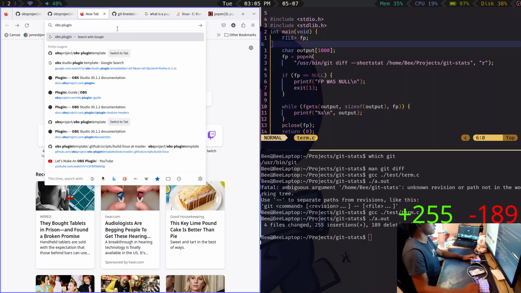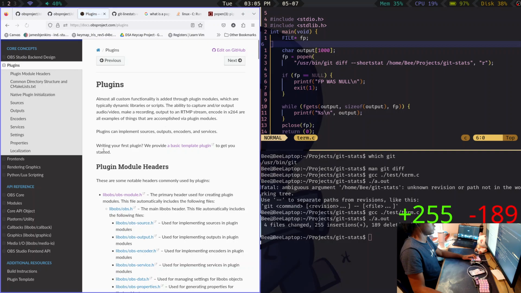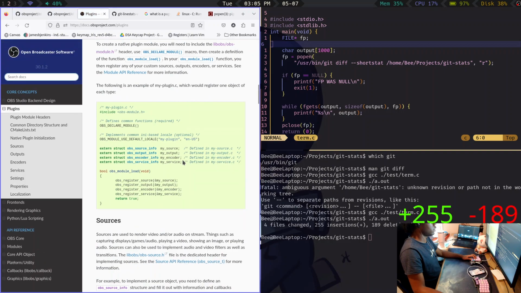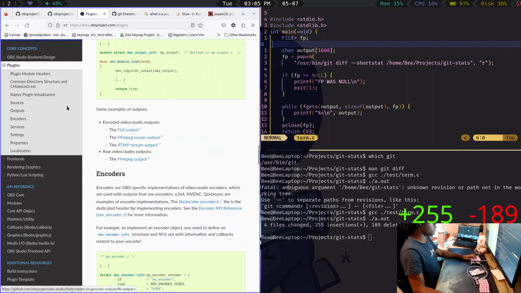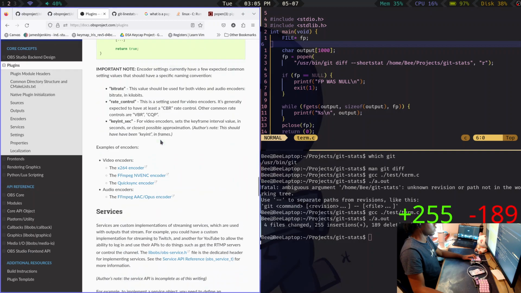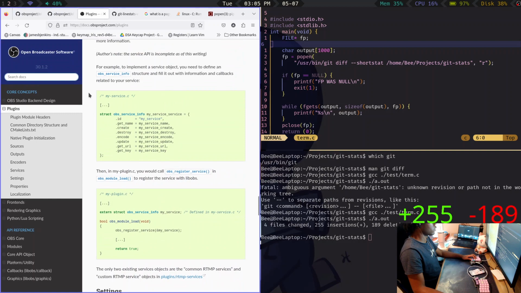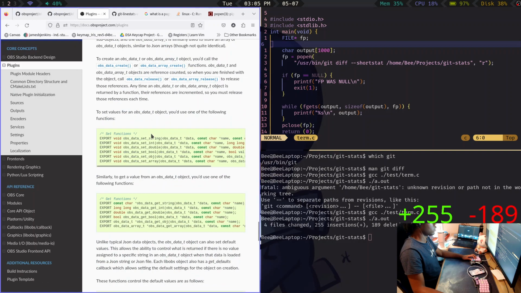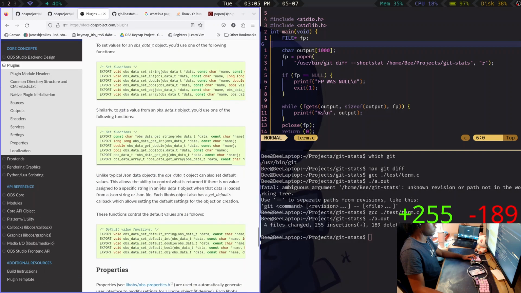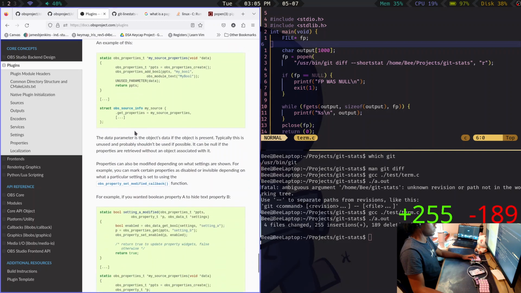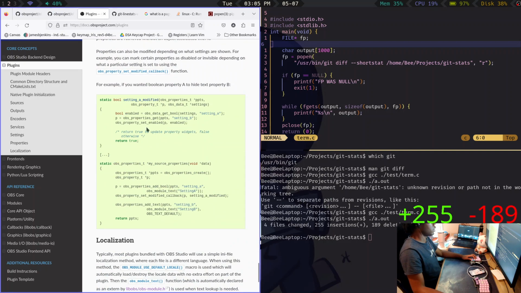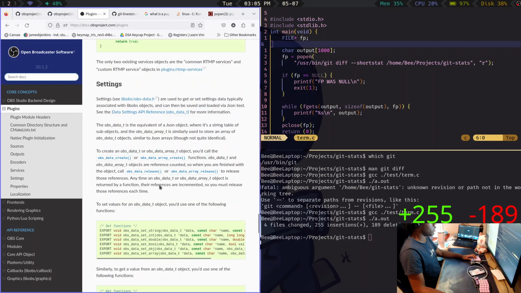OBS plugin. Right, so I could have sworn there was a bunch of these. OBS load. Properties, source info. Am I bugging?